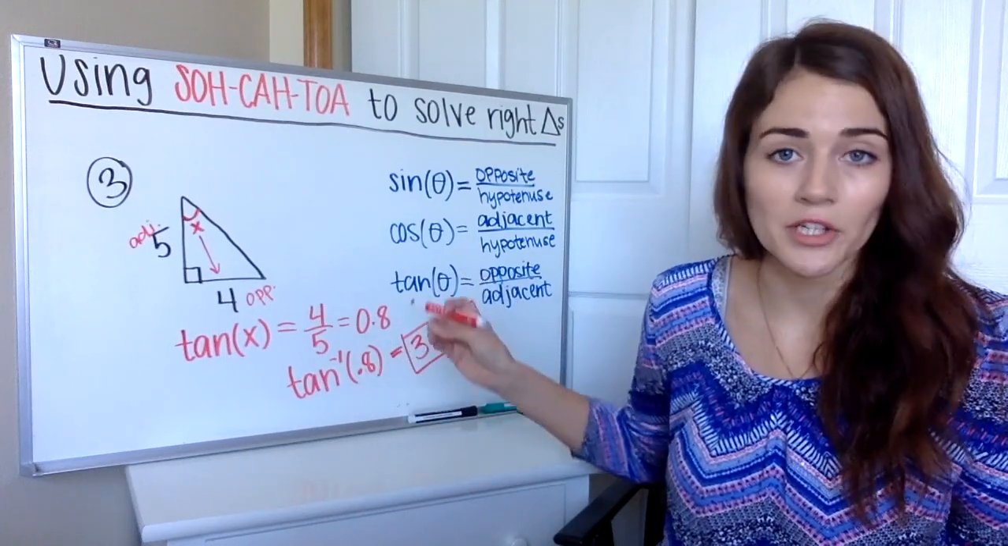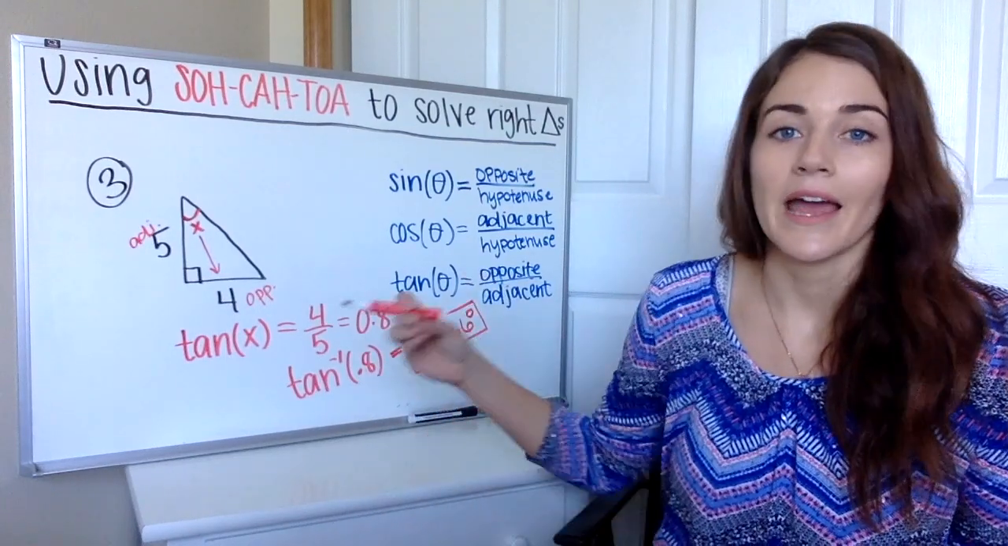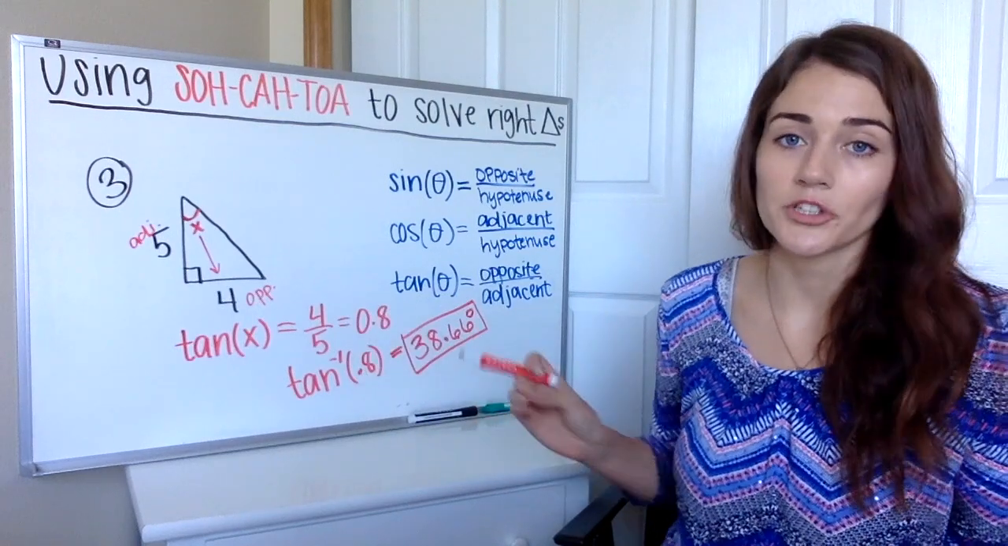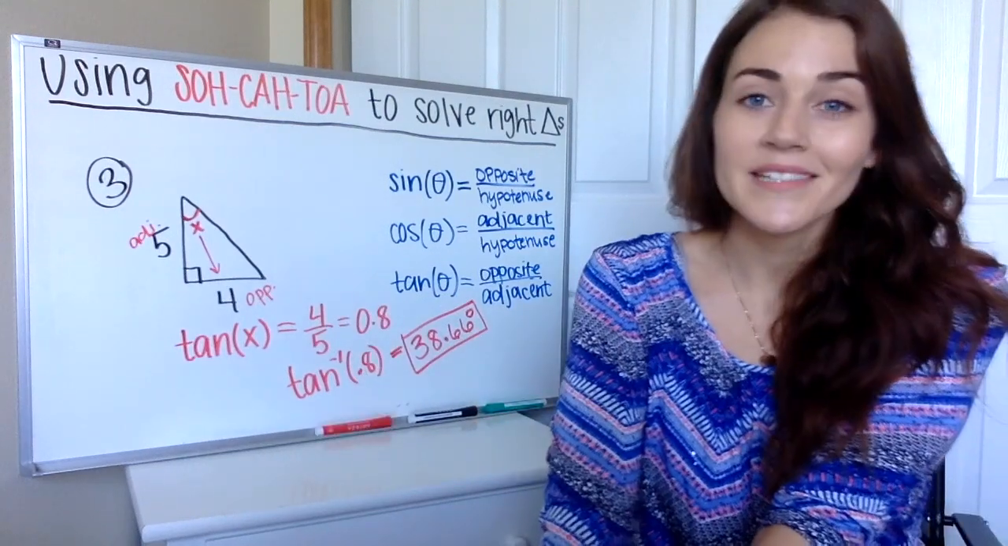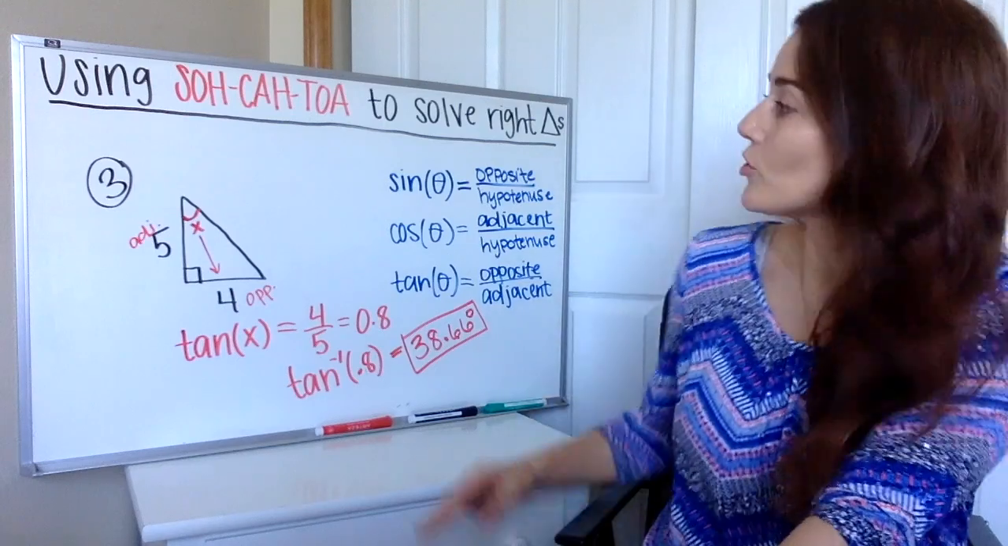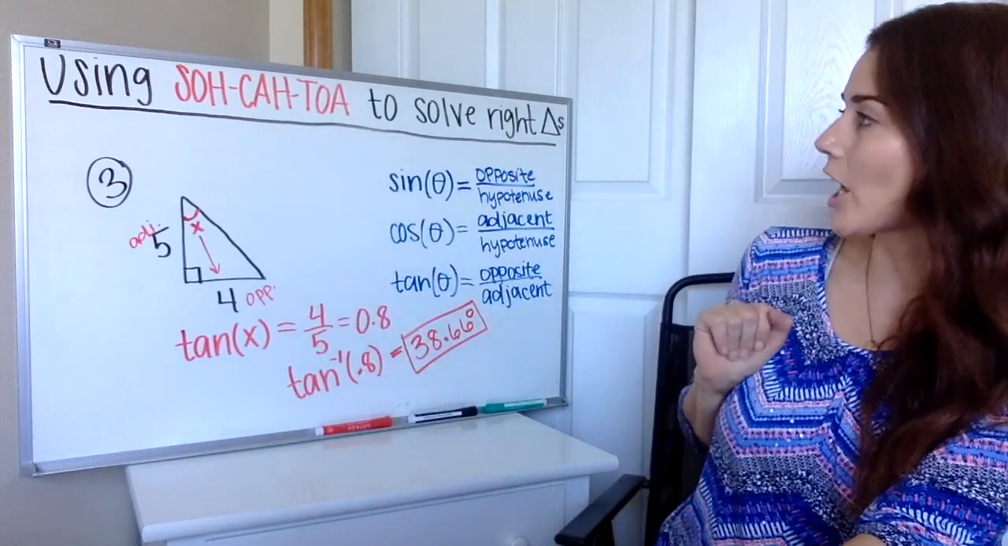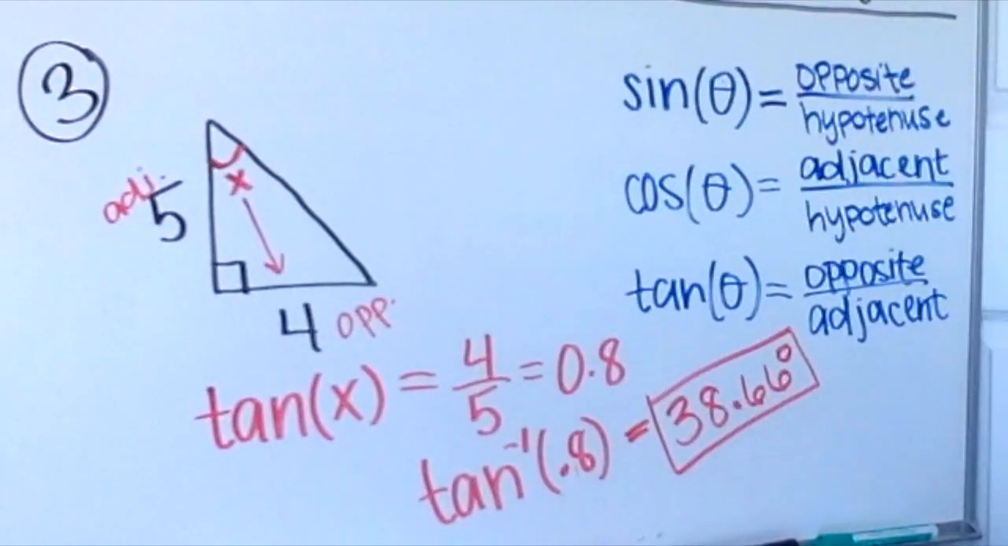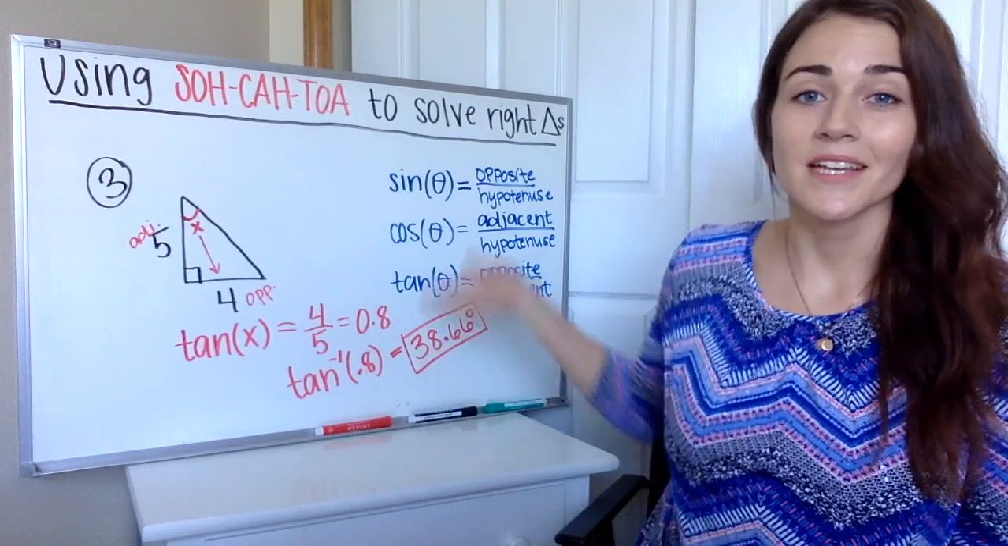Except for in your calculator, you would have it in radians, and then your label, instead of degrees, would be radians. So you can see, if you know how to set these up, if you have SOH CAH TOA memorized, you know sine is opposite over hypotenuse, cosine is adjacent over hypotenuse, and tangent is opposite over adjacent. If you know how to set these up